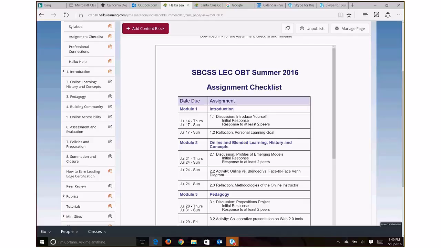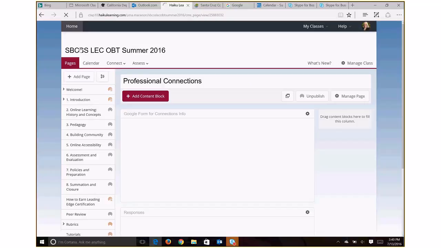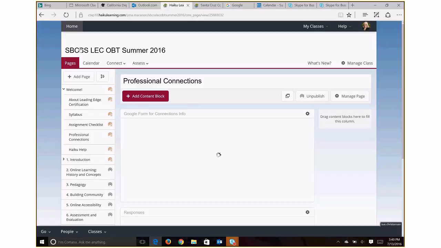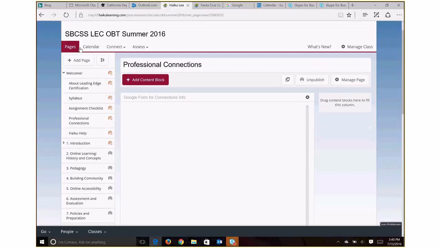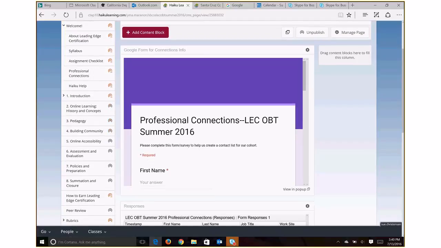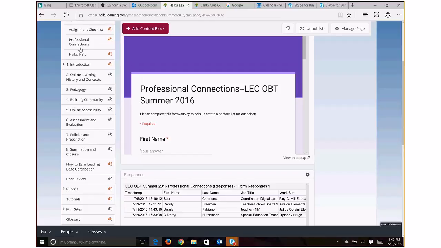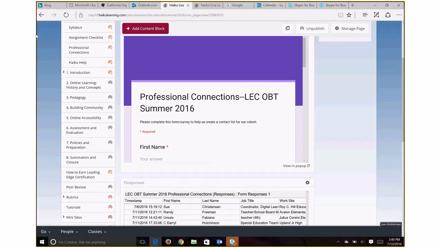Okay, so professional connections. Most of you, I think, have completed this. There are not very many people in this cohort, and we may add a few people later this week, but right now I think we have 5. So just letting you know that that is what it should be right now. And it's a nice small group, but everything will work great with just that size.